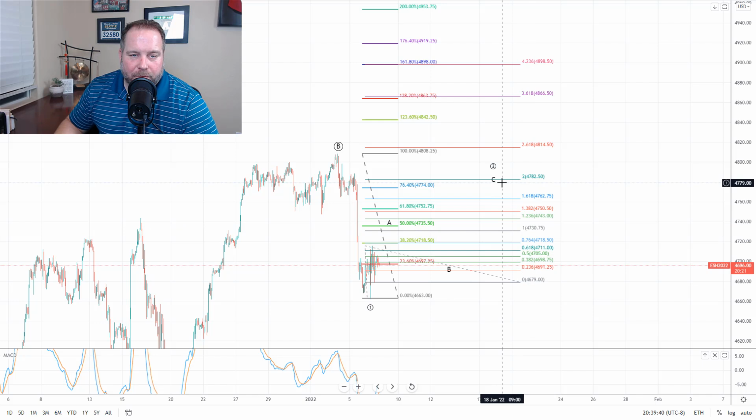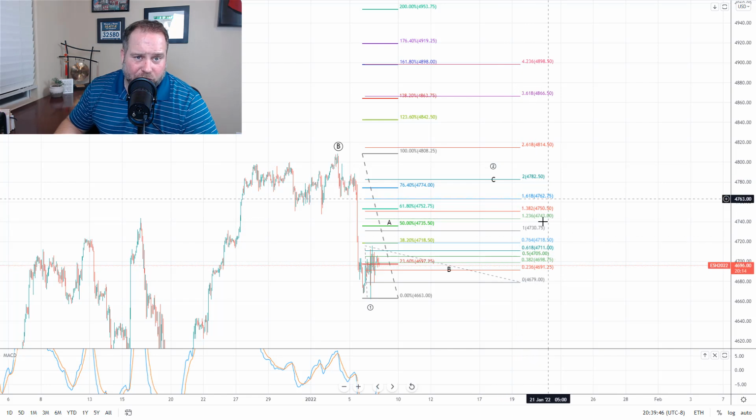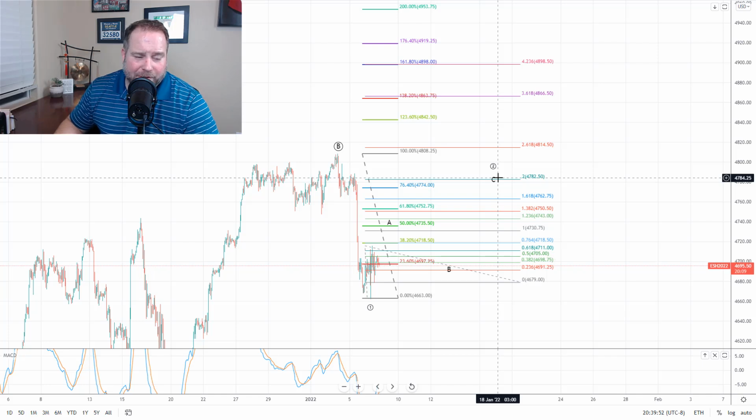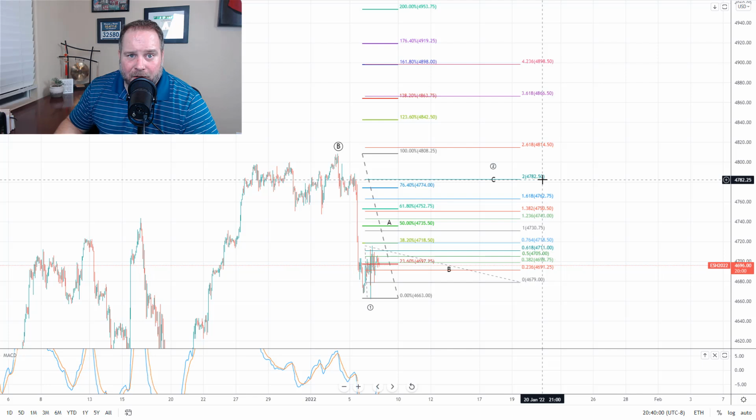So that's one. The second thing we look for is the bounce, and the bounce off of that 4720 area should be extremely strong and take out this high fairly easily with no real resistance. So that would be what we'd look for in the bullish scenario. It's an ending diagonal. Again, I don't really trust diagonals. They have to play out. But if we come down and then take out this high, then it's a very good indicator that we are